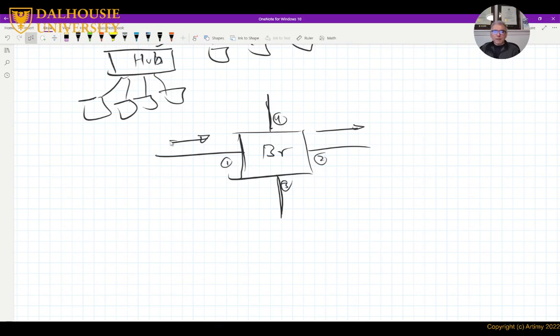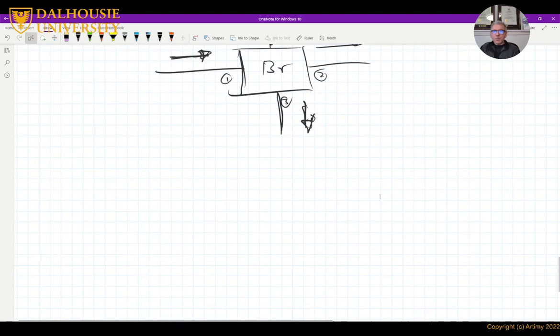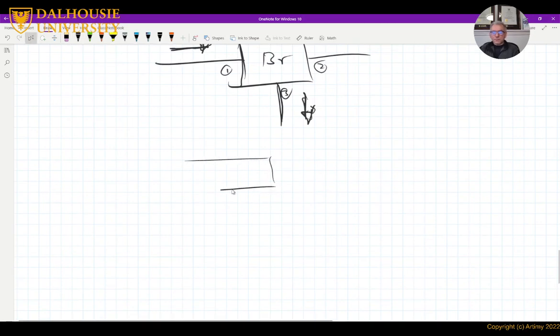Same thing, a frame can come from one port and go to any other port, right? And we have this forwarding mechanism and address learning mechanism to tell the bridge where to forward packets. If I expand the bridge and have 12 ports instead of 4, now we will call this a switch.